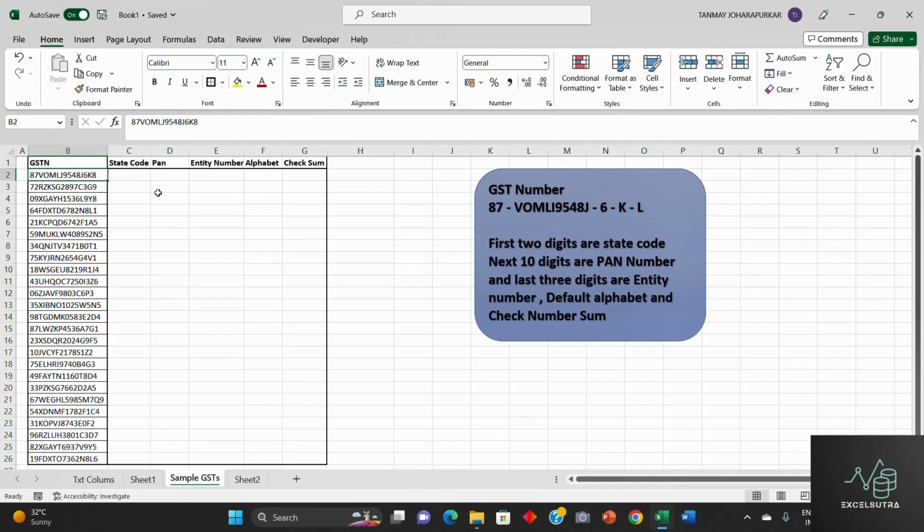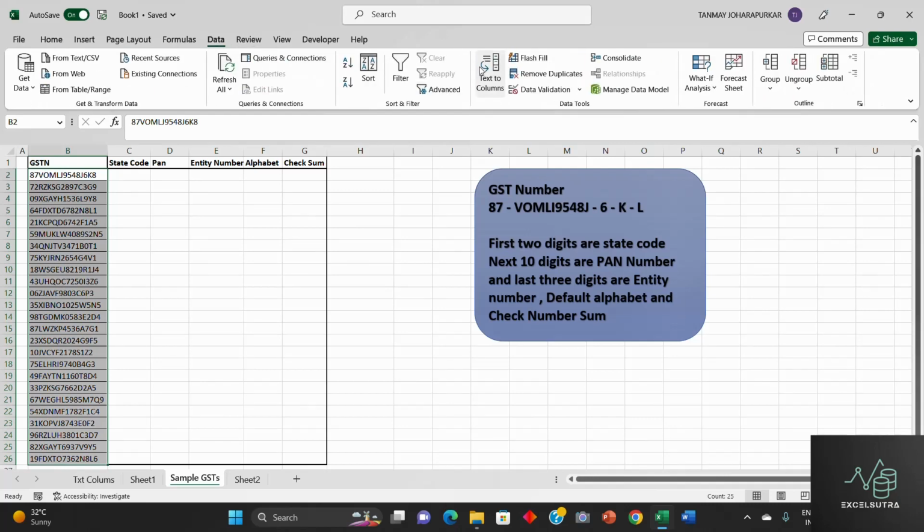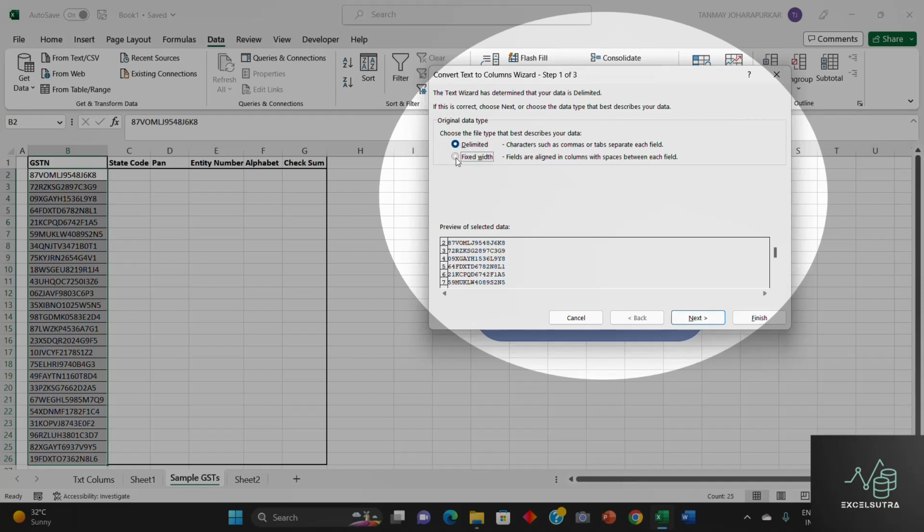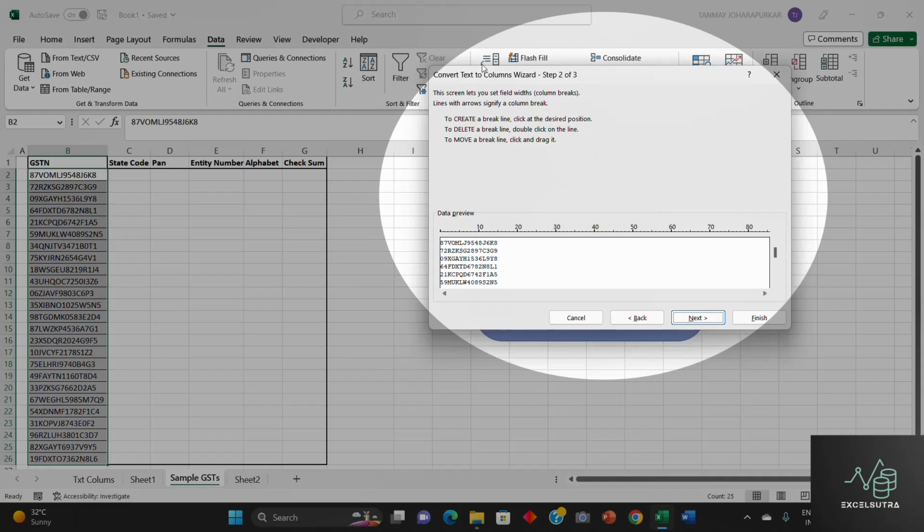So you have to identify the data first, whether data has some separator or delimiter, or whether data can be separated on the basis of fixed width as well. So now let's start. I am selecting all the data, going to the data tab, going to text to column. In text to column, I am selecting fixed width, saying next. Now see, here we don't have to specify any delimiter or anything. We just have to select the